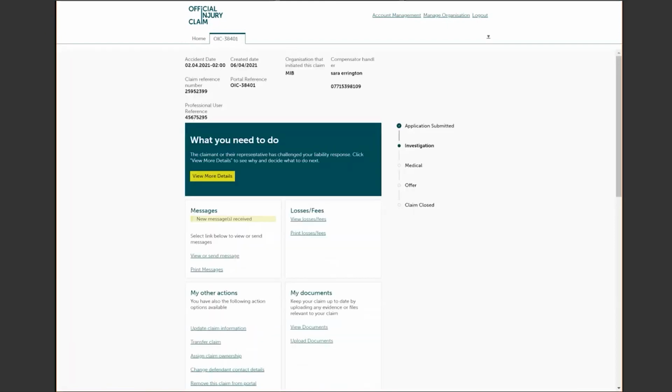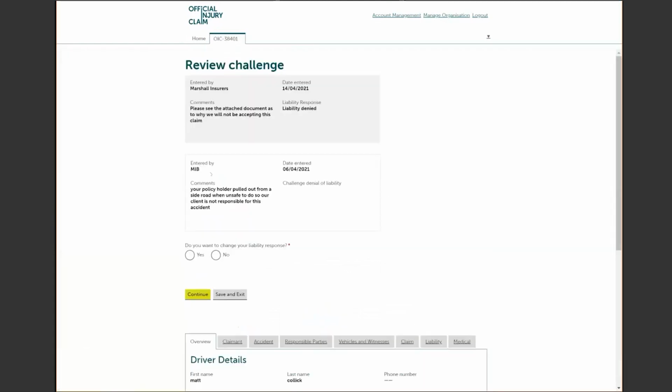Upon selecting that, I can see that the claimant or their representatives have challenged my liability response. I have, as a compensator, my denial at the top, and then I have the comments from the professional user, and I have the option as a compensator to change my response. Upon selecting yes and continue, I can then change my response,